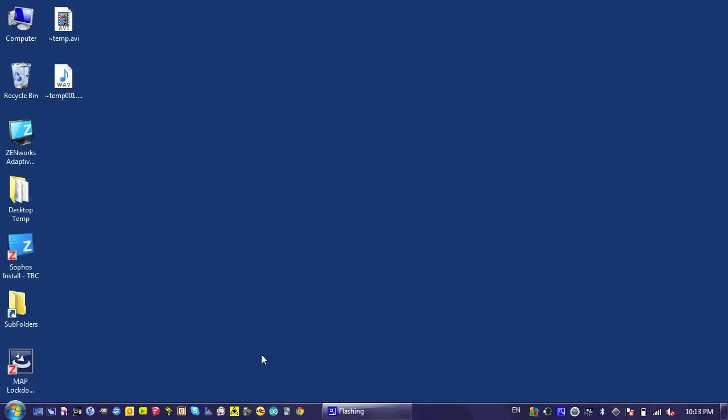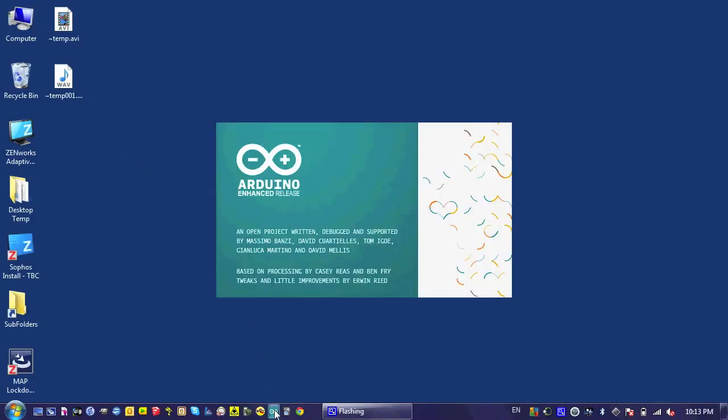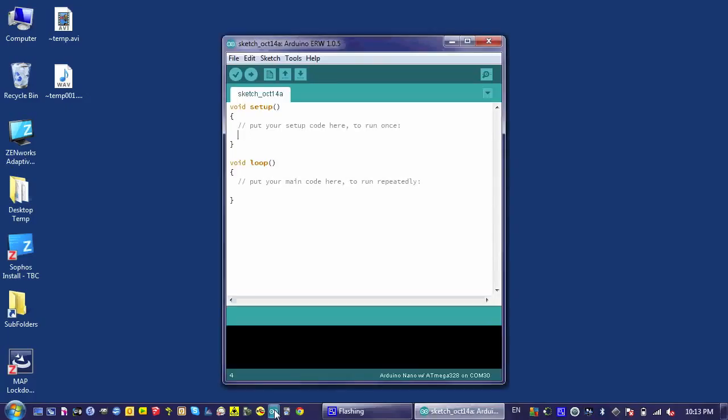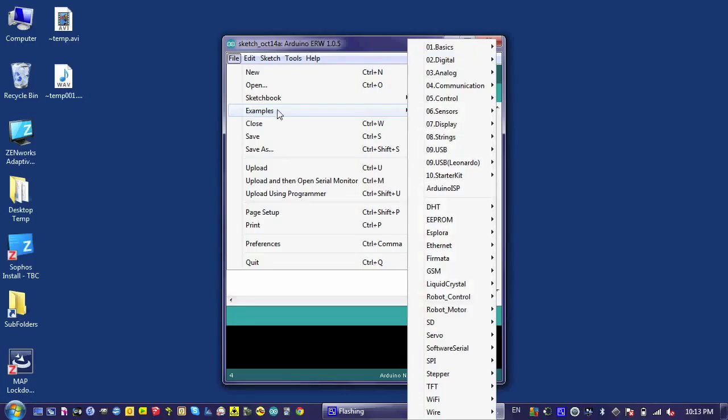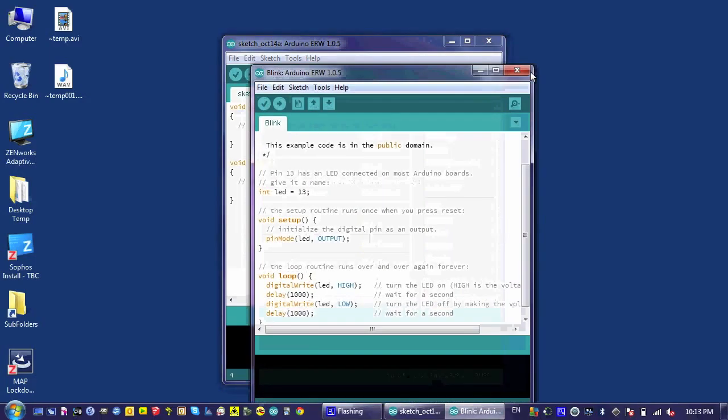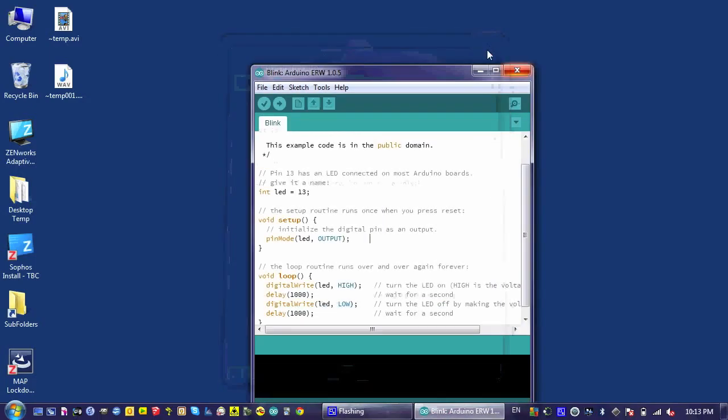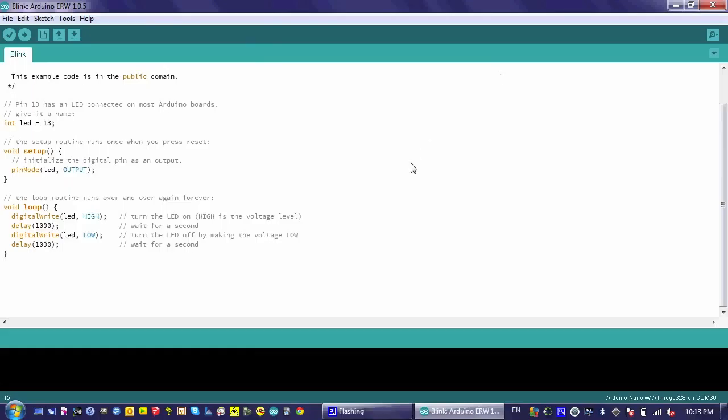One way to learn to program Arduinos, or anything else for that matter, is to look at somebody else's code. One of the nice things about the Arduino programming environment is that it comes bundled with a bunch of example code, a bunch of example sketches. A sketch is the Arduino term for a program. If I go to the Blink program, we can get a better understanding of what we did in the last